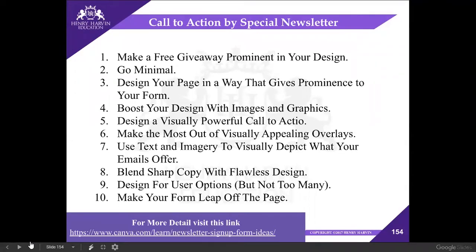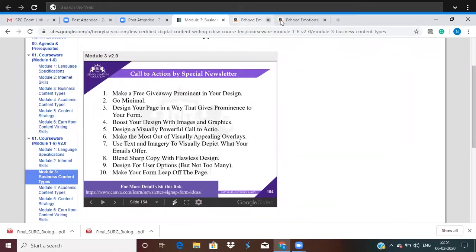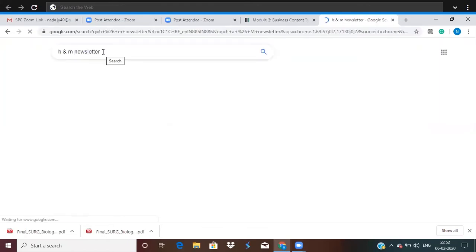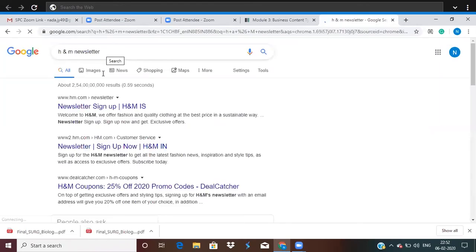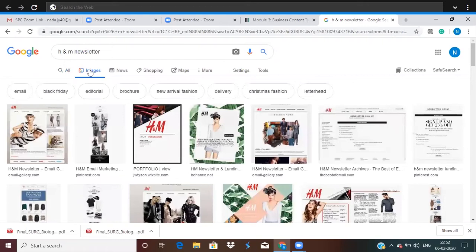All right, so boost your design with images. You definitely want to include, maybe we can just pull up a quick example of what a newsletter would look like. Let's just say we go to the H&M newsletter. Okay, so then we'll get a fair. And yeah, the same thing. So yeah, like I said, when you want to write anything, get down to looking at references in the same field. Now, if you want to prepare a newsletter for an automobile company,